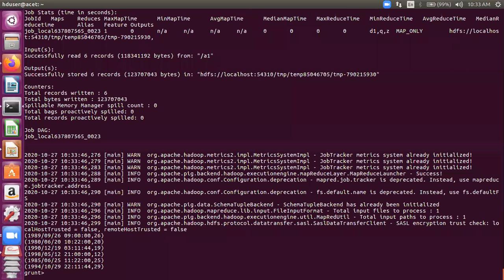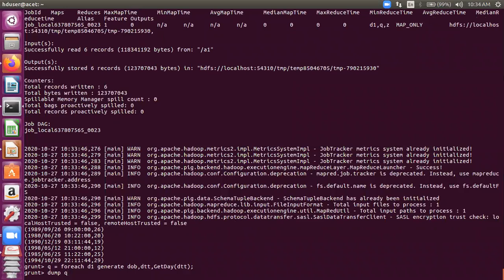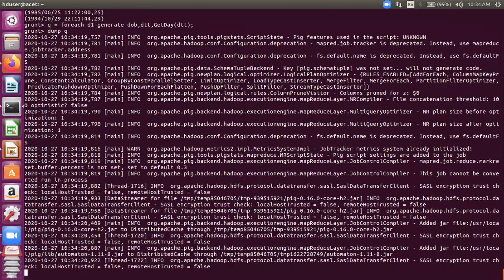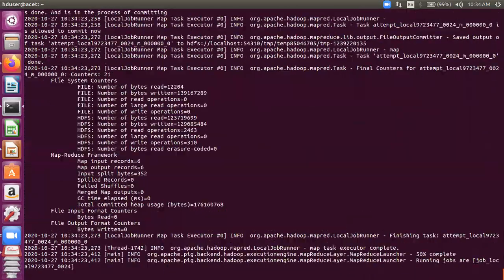See, we have got the DOB. I could have done this also so that it is more clear. It is DTT. I'm just telling you how to use what for each means, because I think even now some of you are not clear about what for each does. I hope this discussion on these queries would help you get better acquainted with for each. So I'll be displaying DOB, then its converted date, and then the get day. I'll get the day out of it.